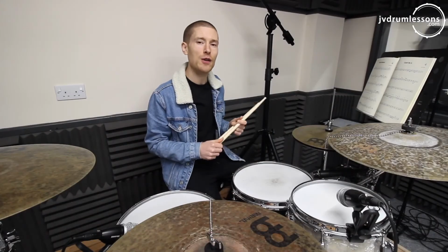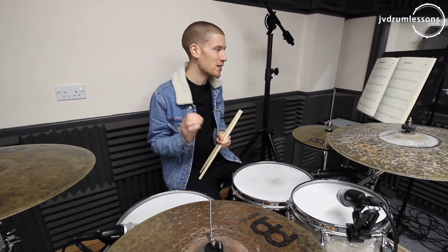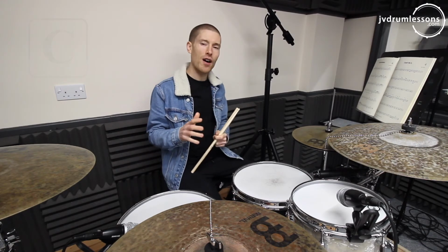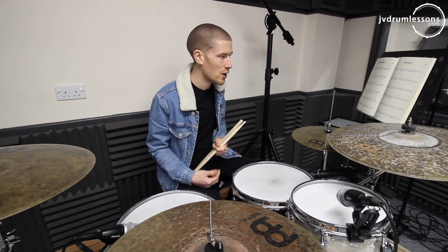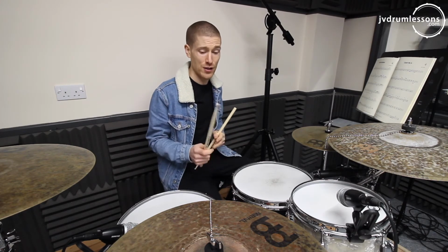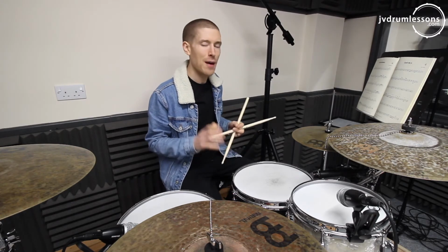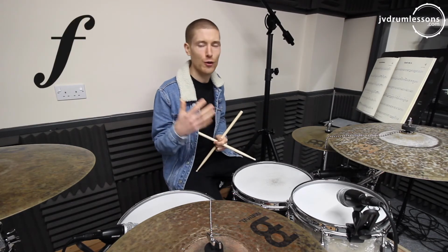And now we're moving to the final section of the piece, section C, which starts at bar 17. So you can see a letter C in a box there. So in the first bar of section C, we've just got a quarter note rhythm on the ride and bass drum. So it's going to line up on the downbeats. 1, 2, 3, 4. And beneath the bar, you see we've got an F, which is short for forte,